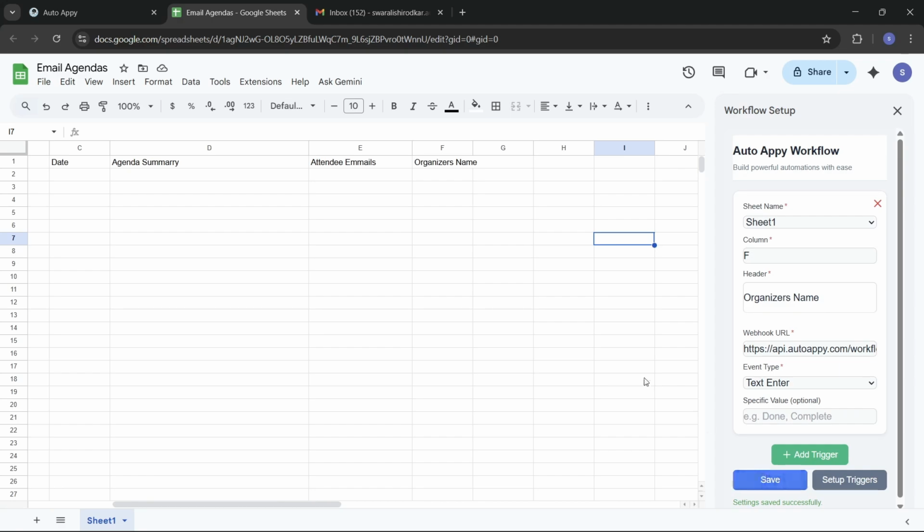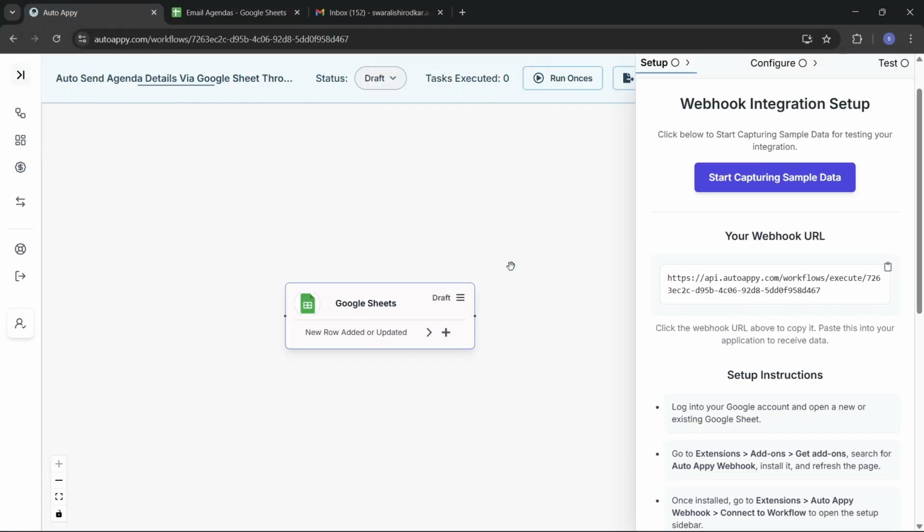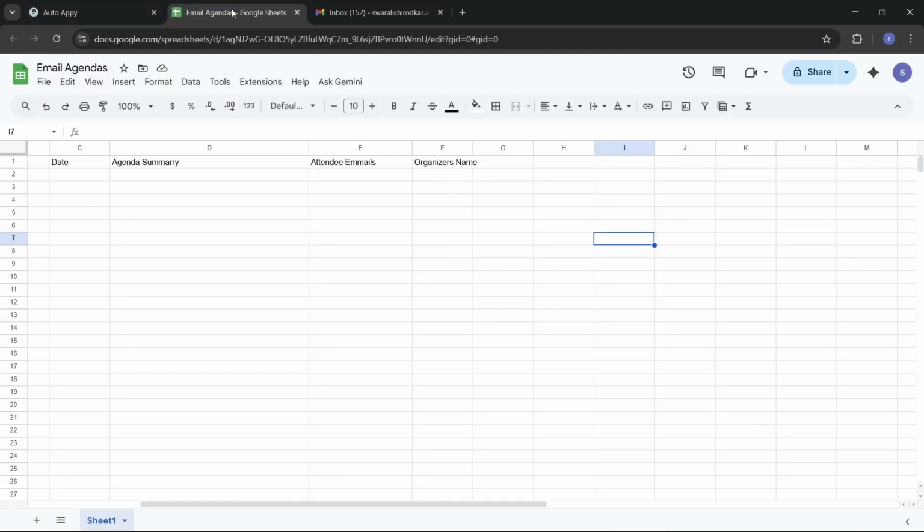You can see that the organizer's name has been successfully fetched in the column number F. So that means the webhook has been successfully set for that column. So now we will have to perform a final step of setup triggers. So this is done. So now let's close this window and go back to AutoAppy and say start capturing sample data. So just tap that, and while the data is being captured, we will go back to our Google Sheet we